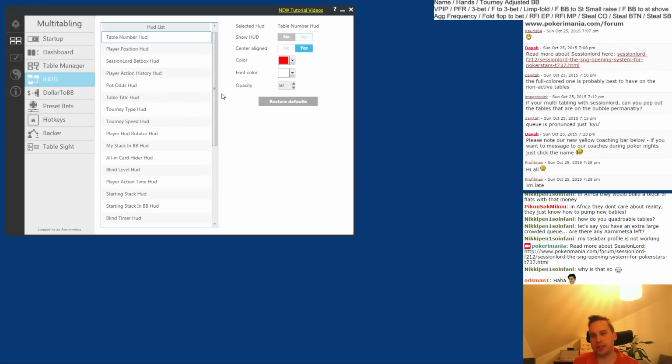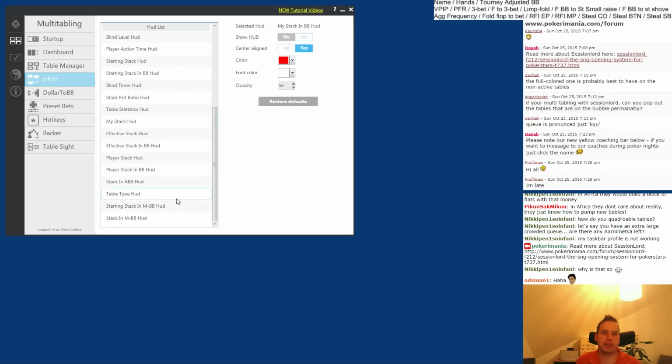And what does this HUD do? It consists of tons of different HUD pieces where you can have extra information you can't have from Hold'em Manager or Poker Tracker 4. Like here you can see, for example, you can have your stack in adjusted big blinds,